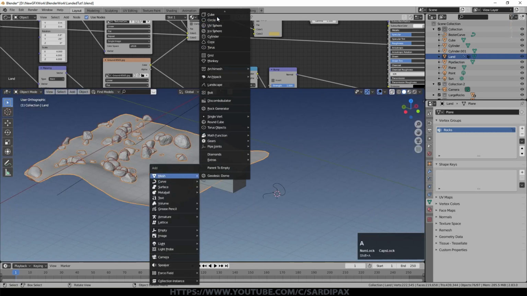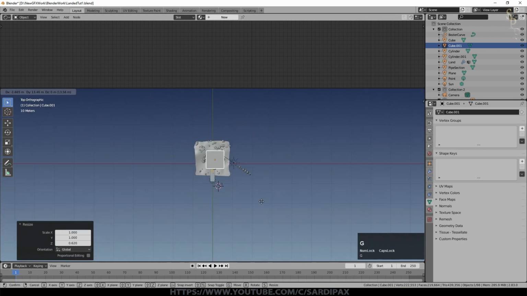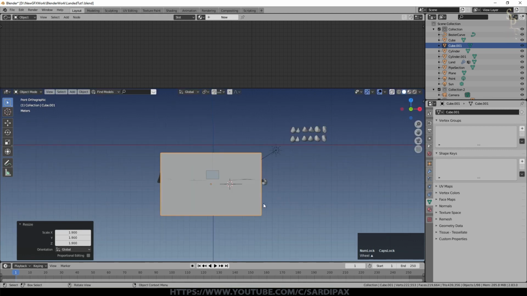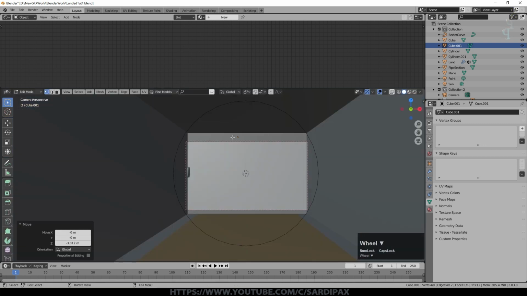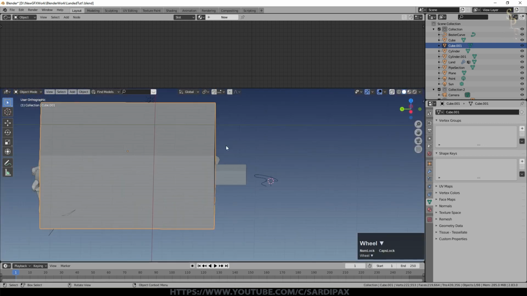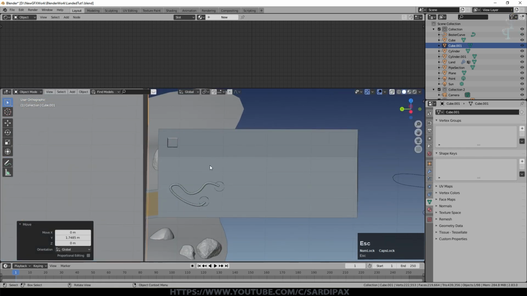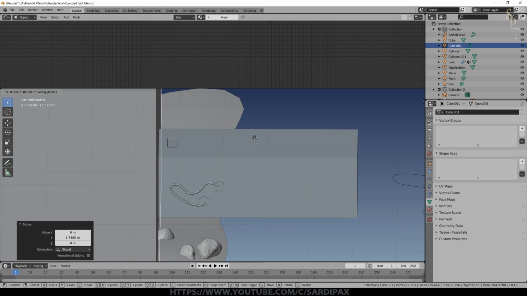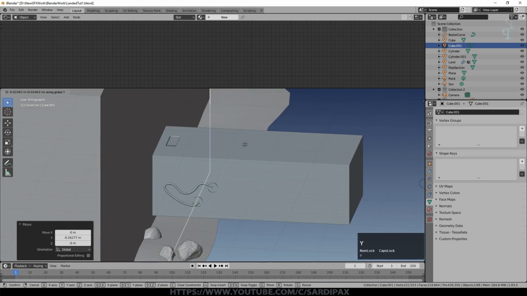So now we'll add another cube and make it quite large. It doesn't need to be too tall, but it does need to enclose at least the view of the camera. It doesn't really need to go much below the surface, just far enough that it's not showing. So there you can see it's all enclosed within the mist now. Probably don't need the mist inside the ship, so I ended up just moving it to just coincide with the entrance of the ship, which is sort of logical, especially if it's dust being blown in a wind.